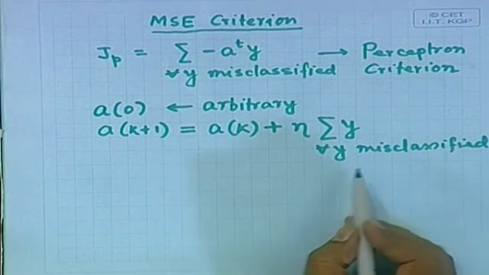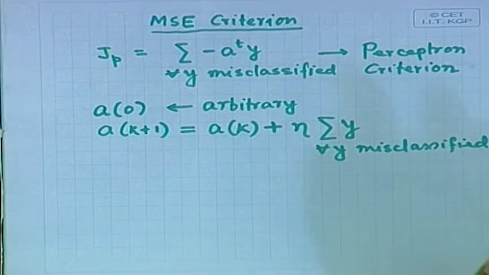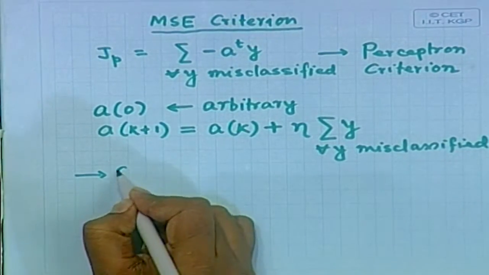The problem with this algorithm is that because we have to take the summation of all the misclassified samples, the amount of memory required for execution is quite high. So we had a sequential version of this algorithm,